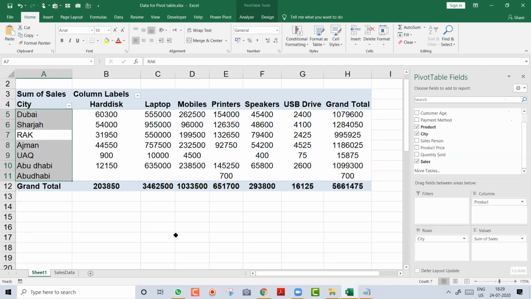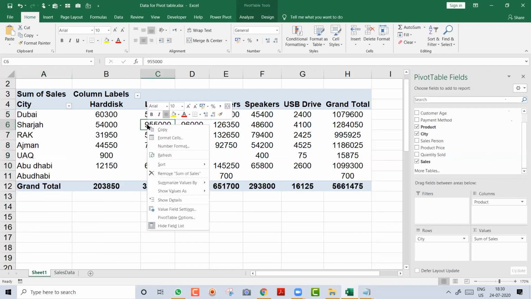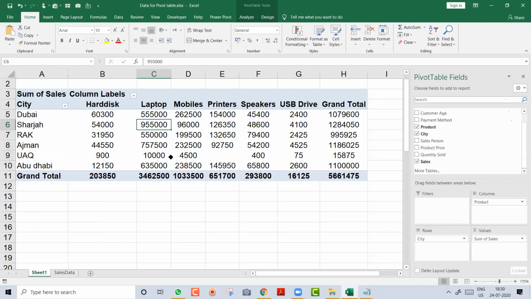I made some changes in the master file. So I will come here and I will not create the entire thing again. I made the changes in a master file. Then I will right click over here and say refresh. When I say refresh, now Abu Dhabi became one. Very good observation. Very happy. Other people try. I will wait for 2-3 minutes and then we will move to the second level of pivot slowly.